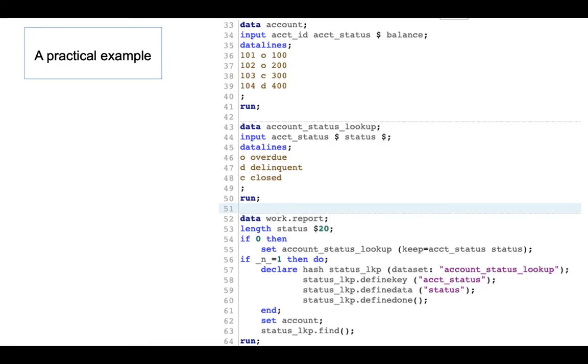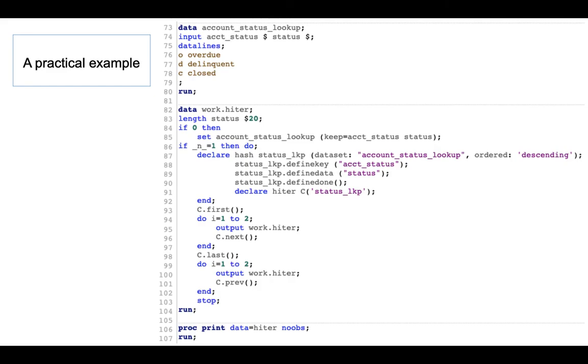So now I'm going to show you the last part. The last part, actually, I want to show you a couple of things. The top part basically is the same. So what I want to show you is something called a hiter, which is not something actually used very often either. But what the hiter does is it sorts the